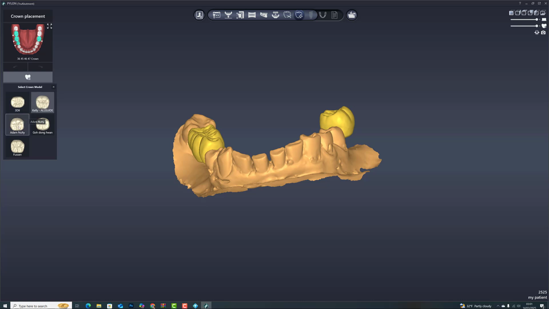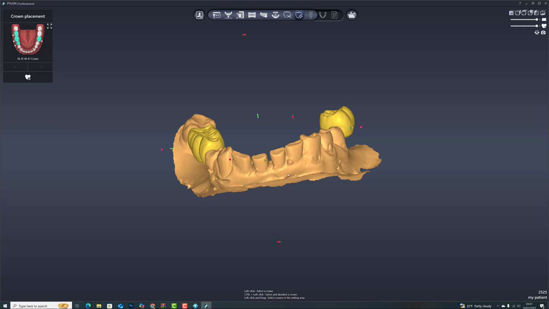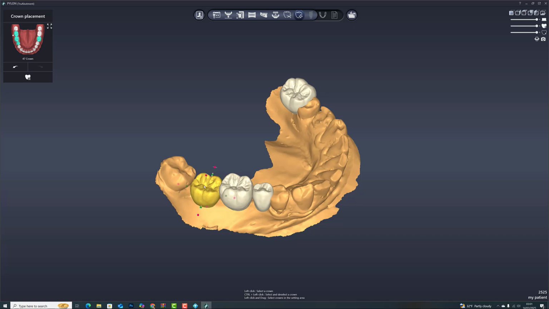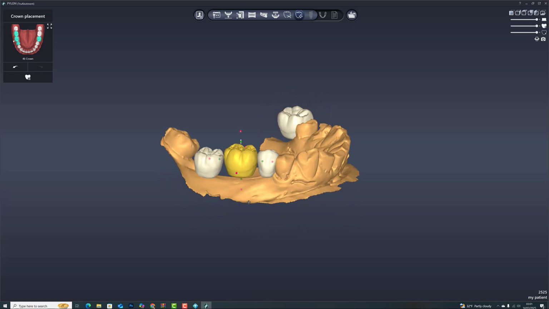So you can actually change the contour of the teeth. You can change these. Okay, there. I like this one. So if you want to align them all, hold them all and place them, or you can double click on each tooth, and each tooth will move individually, as you can see here. And the widget that appears here, one of these is the scaling widget, just to make the teeth smaller or larger in whichever direction, buccolingually or mesiodistally, and rotation widget, so you can actually rotate the tooth, but make